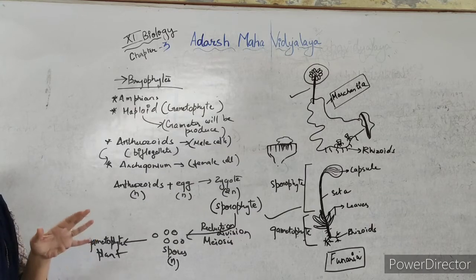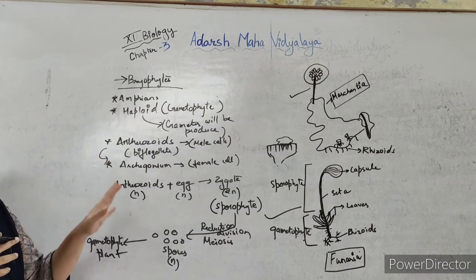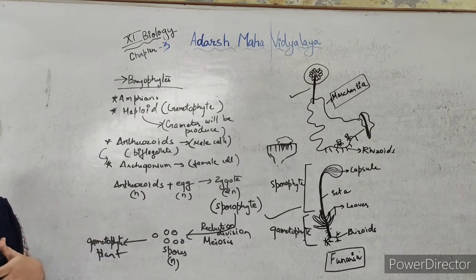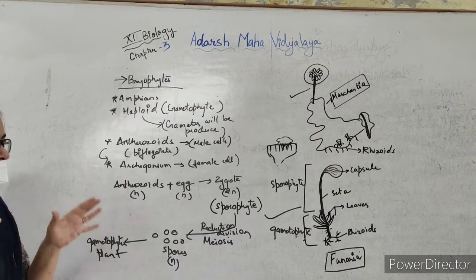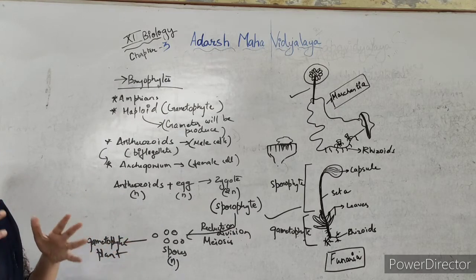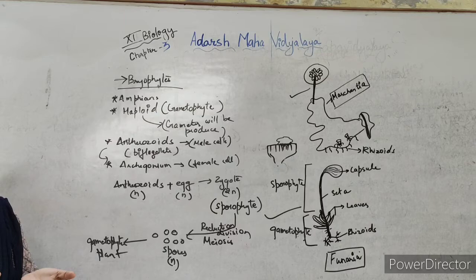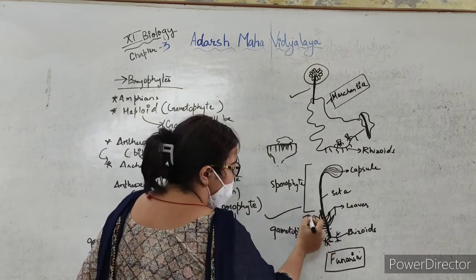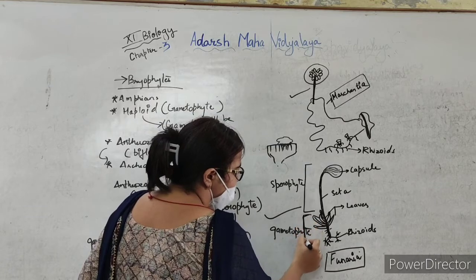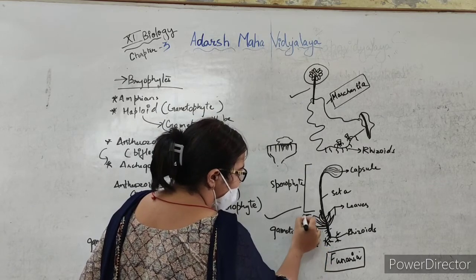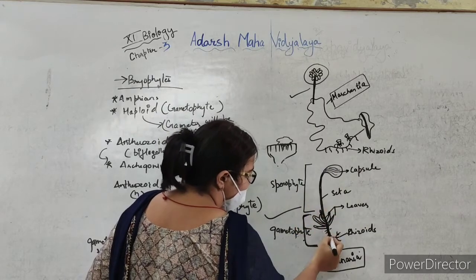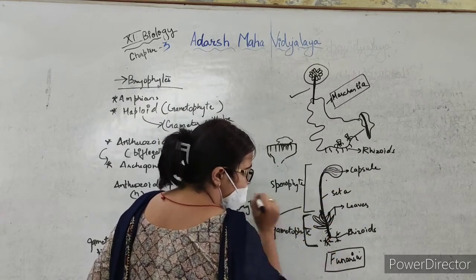Okay, the main plant body of bryophyte is haploid, that means all the nourishment and all the work done for the living of that bryophyte will be done by the gametophytic plant body. Here you can see the leaf and rhizoids, so they will prepare food and all that. So this is the main plant body, the dominant stage. Now this is the sporophyte stage, and you can see here it is dependent on the gametophytic stage.